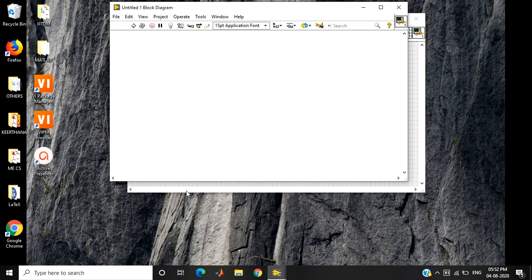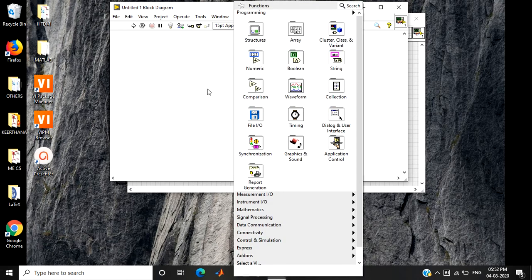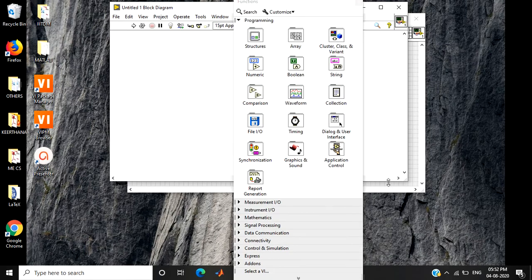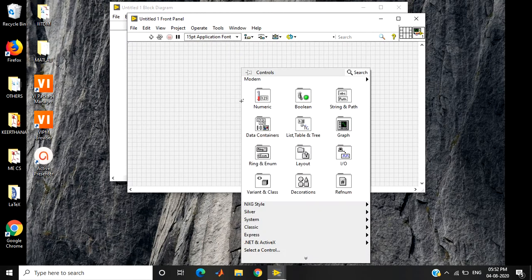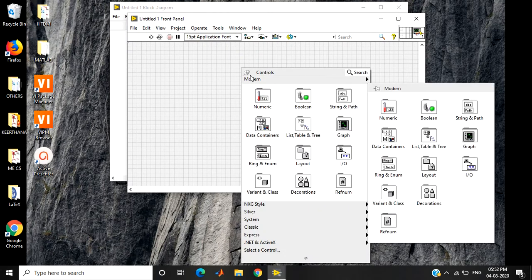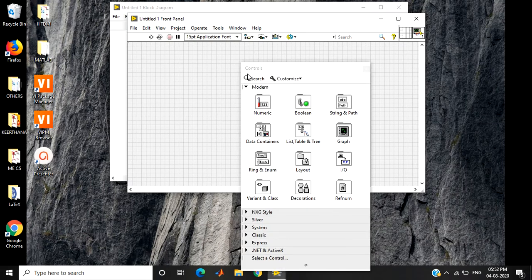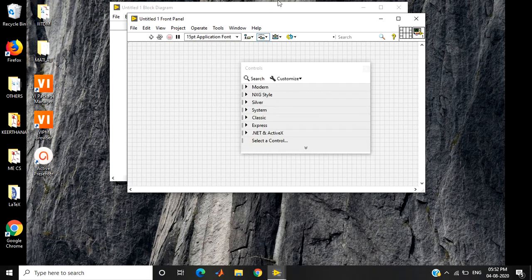programming stuff. Now you can right click anywhere on the screen and you will get the functions palette, pin it to the screen, and similarly go to the front panel, right click anywhere on the screen, you get your control palette, pin it to the screen so that it doesn't disappear.